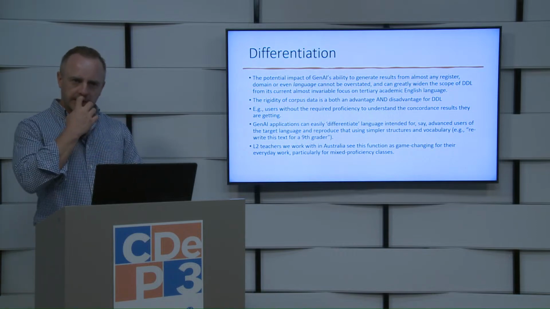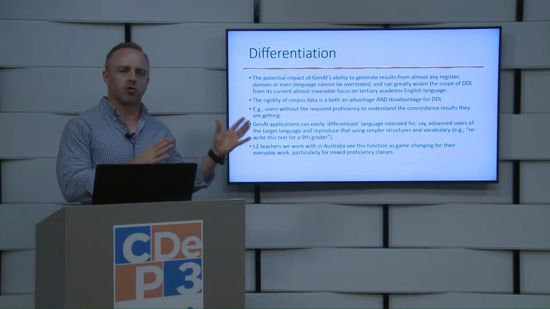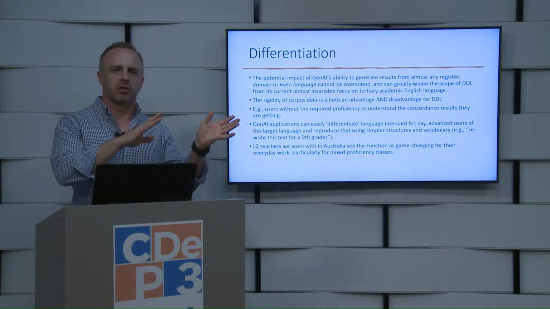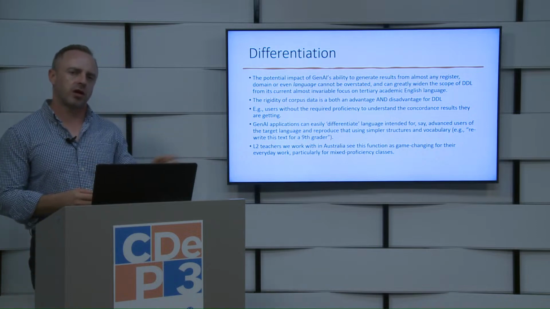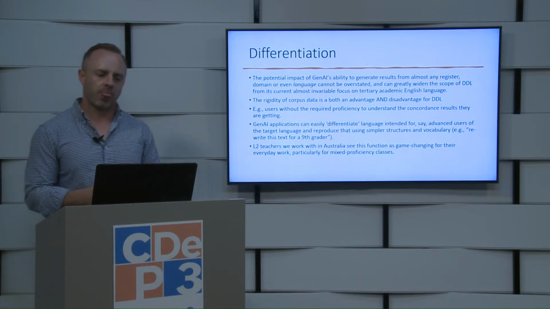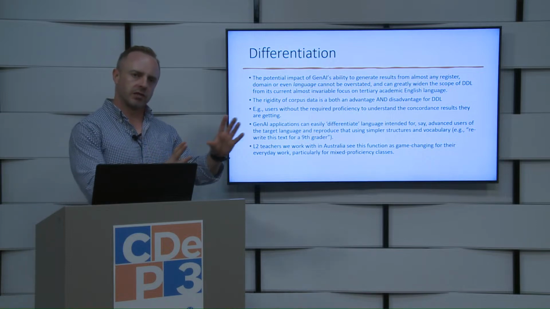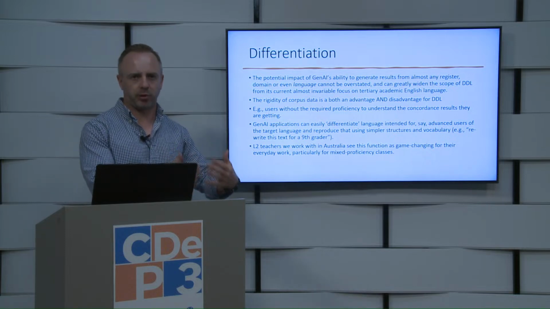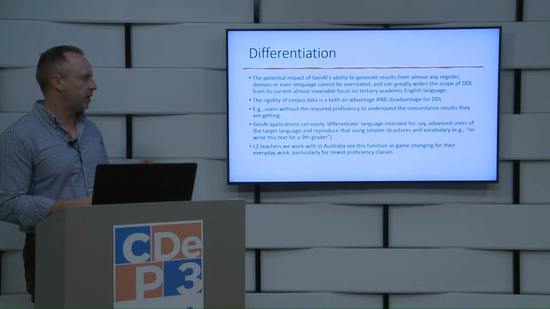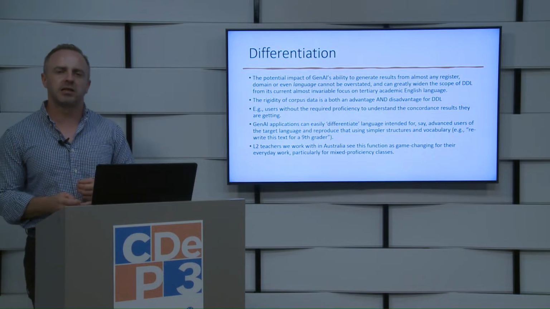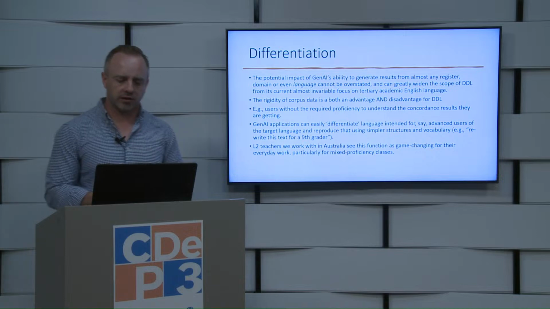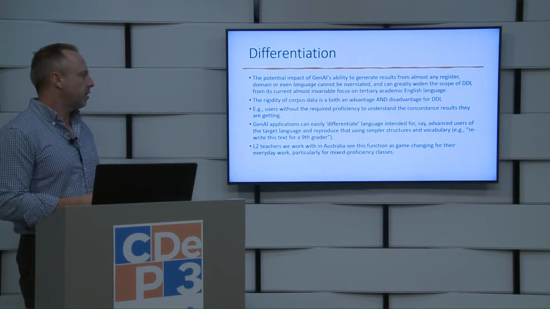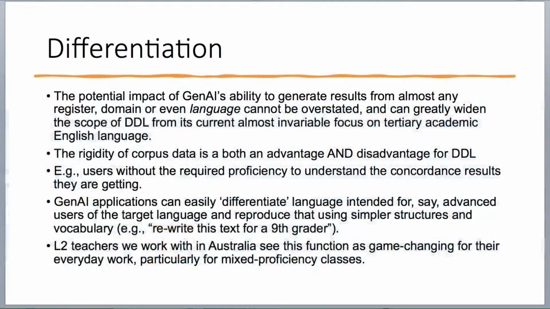One of the things that corpus data doesn't do very well is that sometimes the corpus data can be too high level, so that students of lower proficiencies may struggle to understand some of the patterns that they found. But if I copy and paste those results into ChatGPT and ask it to produce similar but simpler results, that's something that ChatGPT, generative AI, will do very easily and just at the push of a button. Not only that, if I wanted to make some of the examples more difficult or more academic, I can ask ChatGPT to do that as well.